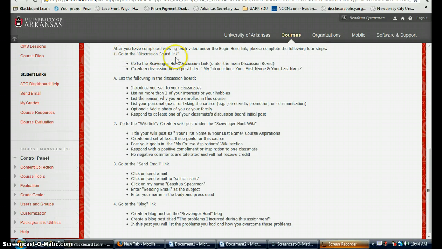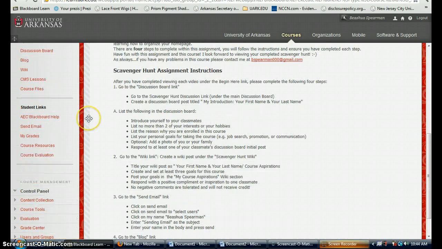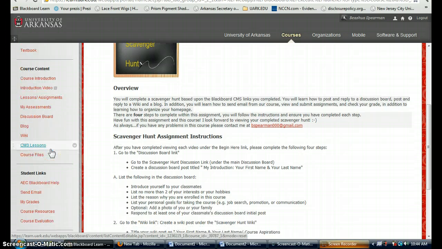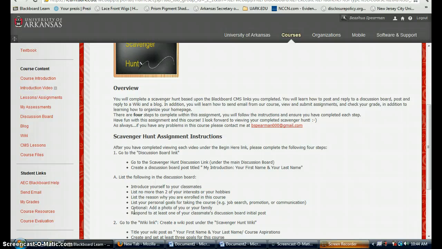Number 1 says go to the discussion board link. Well, how will you do that? Your navigation panel. So we're going to the discussion board link, and we're going to click on that link and then follow the remainder of the instructions. I hope you have a great time completing this assignment, and I will